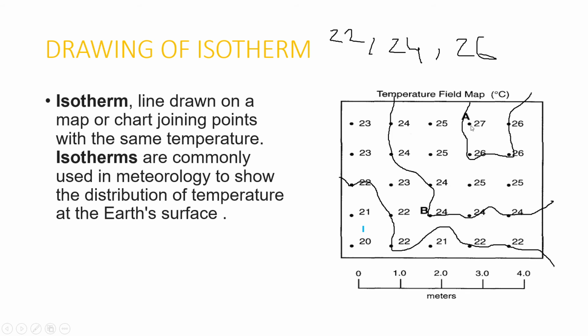and now this zone comes under 26 or below it. Okay, so I again have joined these 3 points and here I don't have 26. So I have assumed that the 26 may lie here. So I have drawn the line from here only. Now we have 4 zones, right? 1, 2, 3, 4. So this is how we can demarcate the zones of the values, like 22 and below, 24 and below, 26 and below, and more than 26.